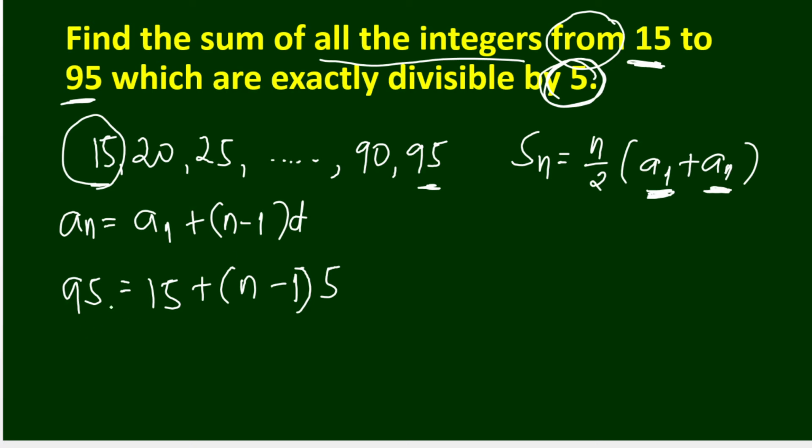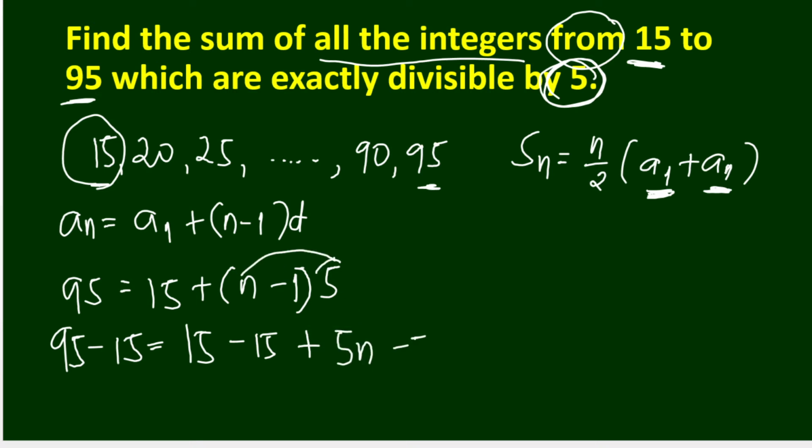So we have, yung 15 dito, isubtract na natin doon sa kabila. So we have 95 minus 15 is equal to 15 minus 15 plus, multiply na natin tong 5 doon sa loob, lahat 5n minus 5. Saan galing tong 15 na dalawa? Sinubtrakan natin yung magkabilang side ng 15 para mawala yung 15 dito sa right side. So, basically, meron tayong